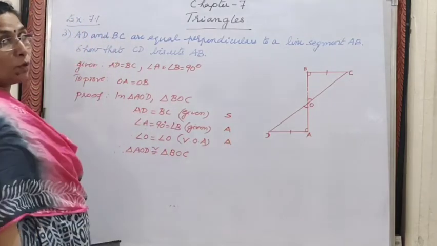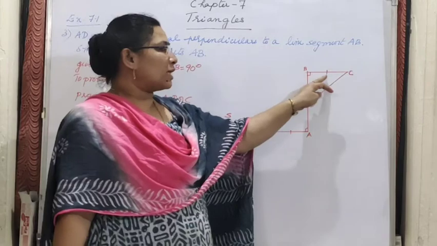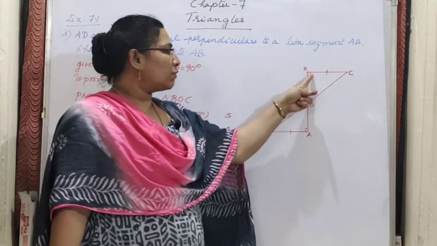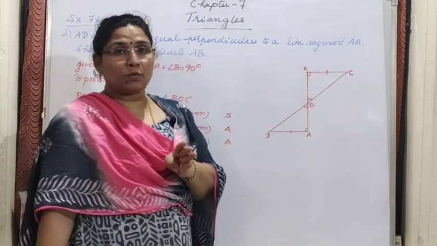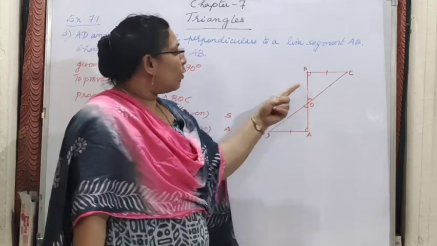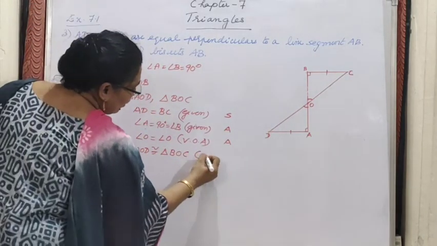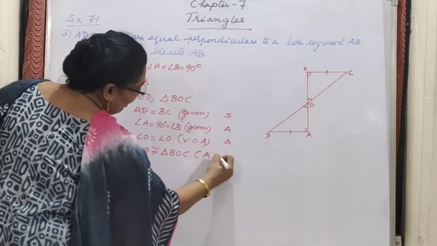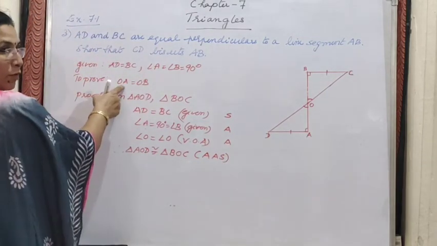Now we have to check what? Whether the side is included or not. If we have taken the side BC, the angles should be B and angle C for getting included side. But here we have taken O only. So what we have to write? It is not an included side. So here we should write AS.